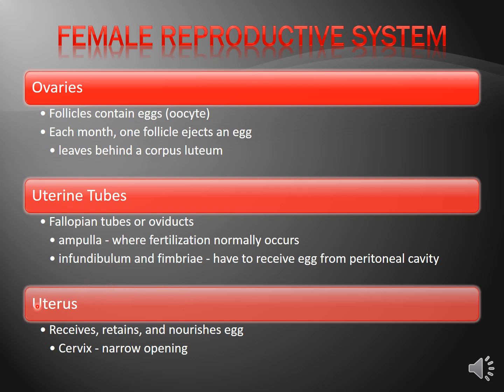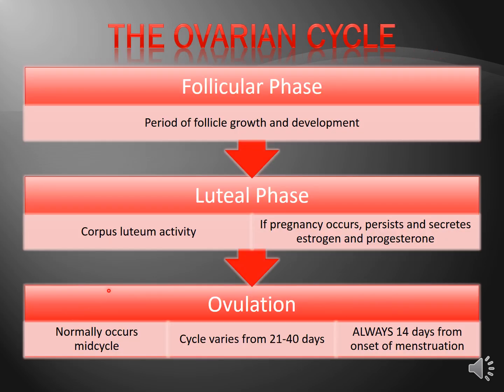And of course, this is where you'd have development of a fertilized egg. The ovarian cycle, which regulates the release of the egg, otherwise known as ovulation, has two phases, follicular and luteal. The follicular is pre-ovulation. This is after ovulation. This is always 14 days, so ovulation begins, 14 days of luteal phase, and then you start all over again